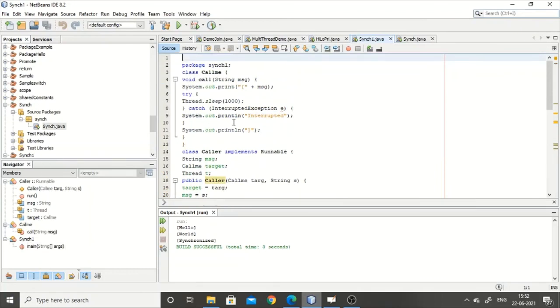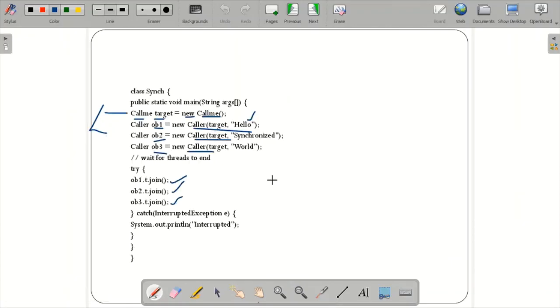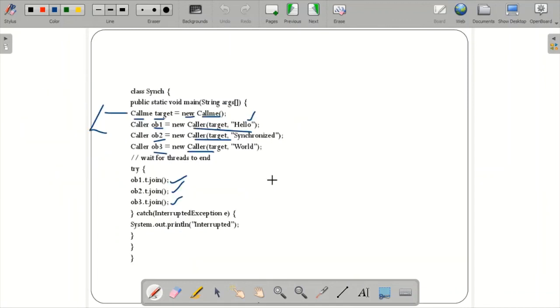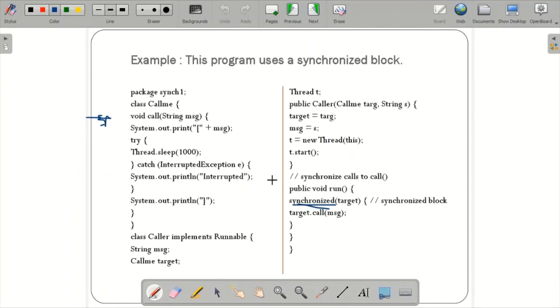Now what is the meaning of synchronized? Only one thread can execute at a time. Once it has finished, it will give the waiting thread the chance for execution. So this is the concept of synchronization, and these two were the examples for thread not synchronized and synchronized. In not synchronized, you cannot expect the output, as I told. All threads might appear at a time. Here, one thread will finish execution, the second thread will finish its execution, the third thread will finish its execution.